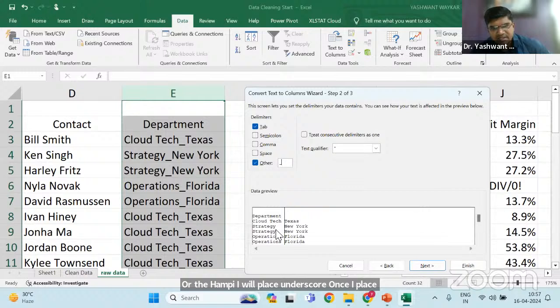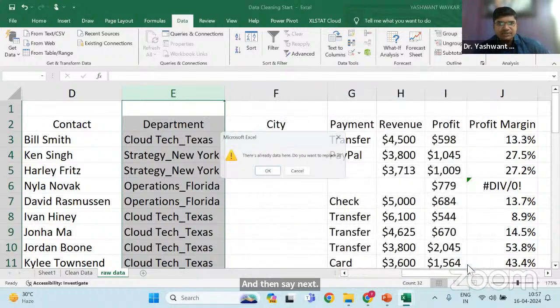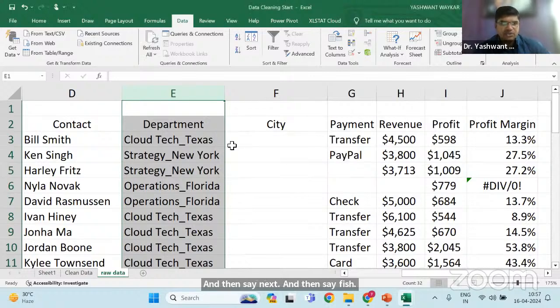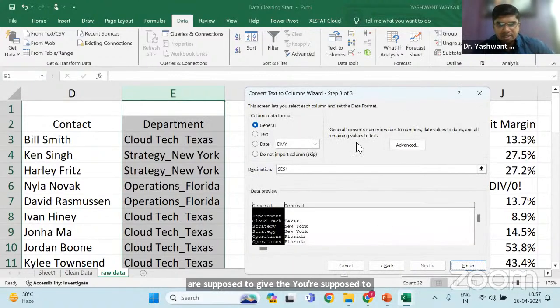वंस आई प्लेस अंडरस्कोर, चेक हियर, ऑटोमेटिकली क्या हुआ यहाँ पे? देयर इज अ चेंज, राइट? इफ यू वांट टू सेग्रीगेट बाय सेमीकोलन, चेक सेमीकोलन, कॉमा से करना है कॉमा से दीजिए, स्पेस से करना है स्पेस से दीजिए, लेकिन मुझे किससे करना है? मुझे करना है अंडरस्कोर से, दैट्स व्हाई आई हैव क्लिक्ड अदर। ओके, एज पर योर नीड यू हैव टू यूज दिस ऑप्शन, ओके, and then say next, and then say finish. Okay, you are supposed to give the new cell, next, next,